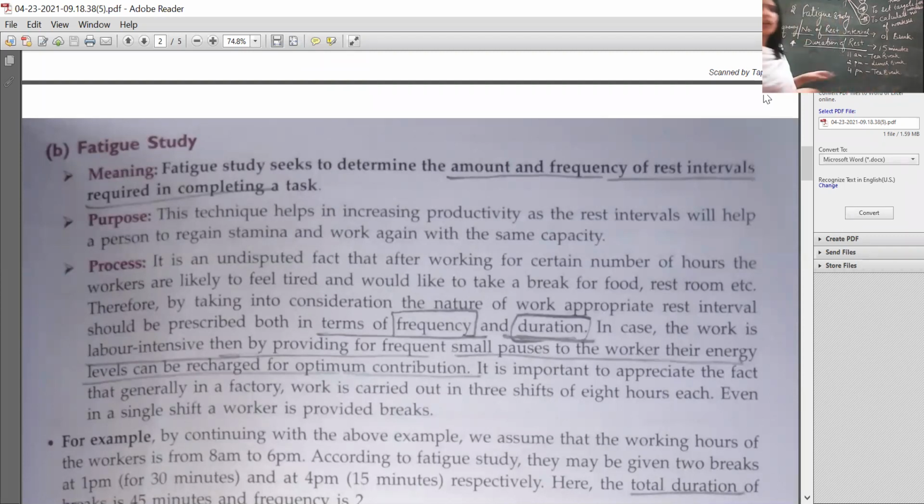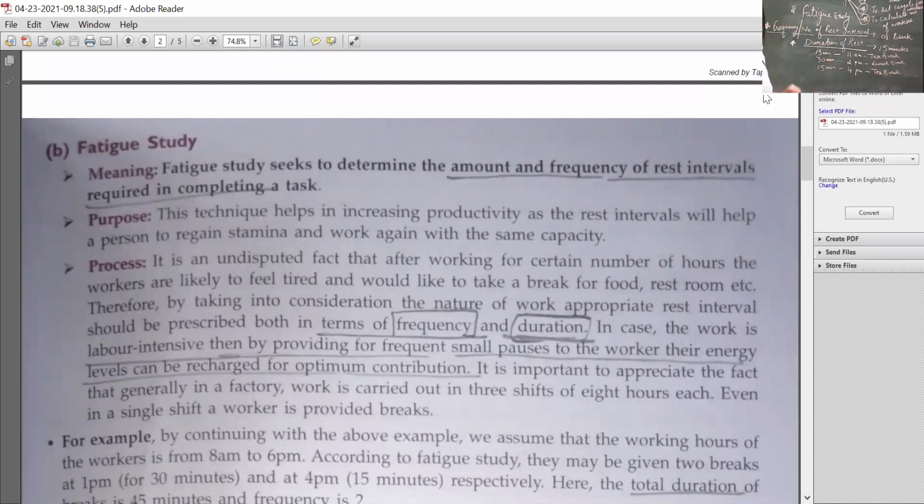So this is, I am talking about household construction laborers, okay, which you may have seen around you. 11 o'clock there is a tea break which may be of 15 minutes. 2 p.m. they have a lunch break, which may be of 30 minutes or 35 minutes or 45 minutes. It depends. 30 minutes I am writing. And then 4 p.m. they again have a tea break of 15 minutes.